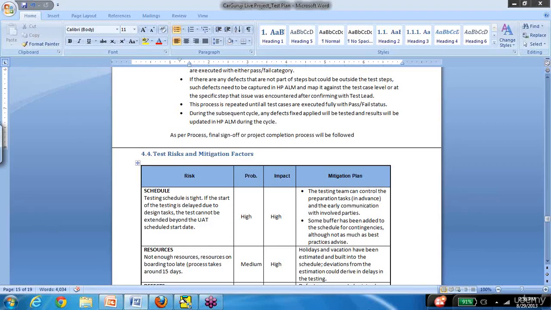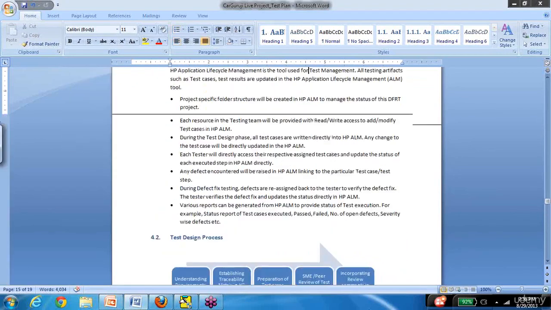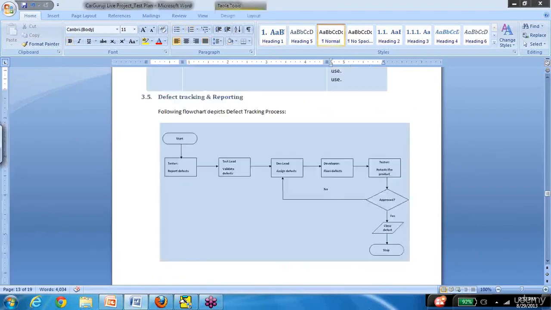If you're not going to use a tool, share the template that you're going to use for tracking the defect. Share the Excel sheet template with the required fields and the order in which those fields are required. Have all that information and embed that document in your test plan to make sure the test plan contains all that information.